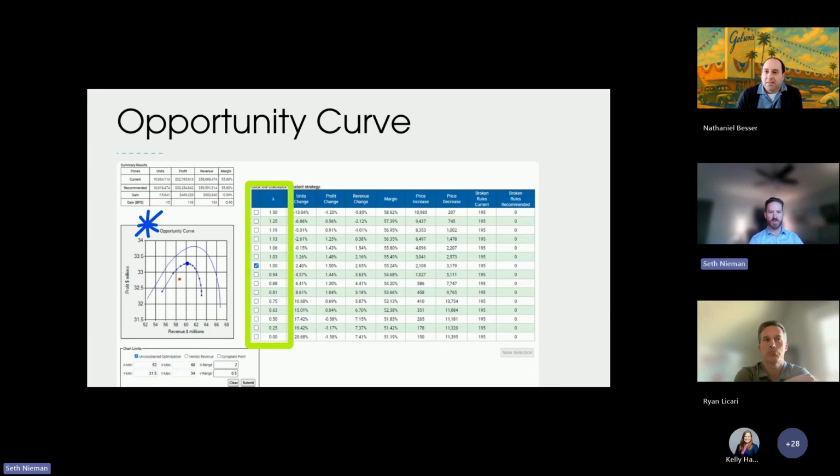I'll set the stage by explaining what we're looking at here. This is a tool that's built into our system that I mentioned earlier, which allows you to see what opportunity is available. This little chart on the left is what we call the opportunity curve. The large line at the top is what you could actually achieve without any sort of constraints. The smaller line is what you could achieve given the constraints that you have, and the red dot is